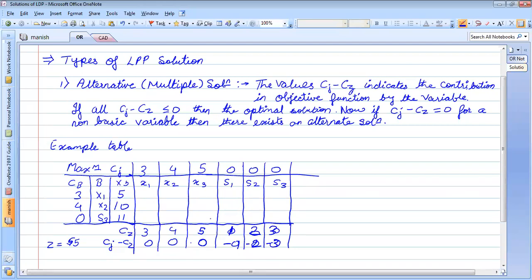If you see, the decision variables are x1, x2, and x3. Then what are your basic variables? Basic variables are x1 and x2, but x3 is not there.